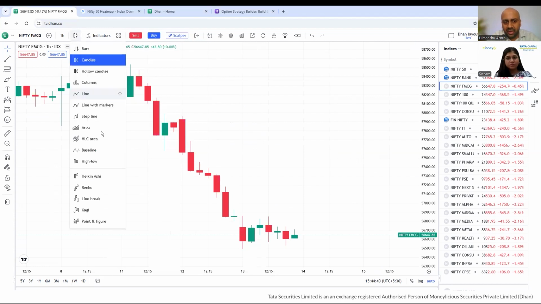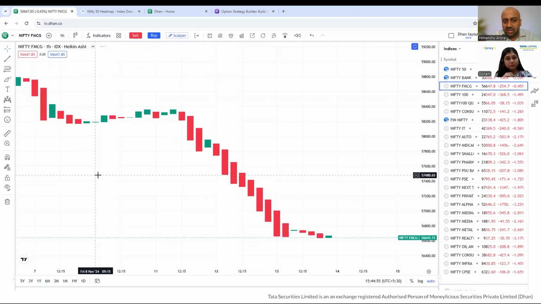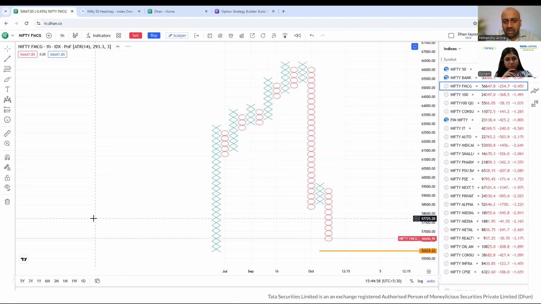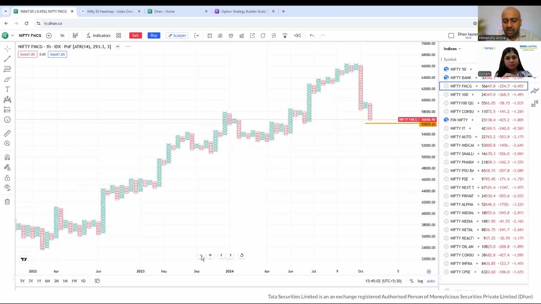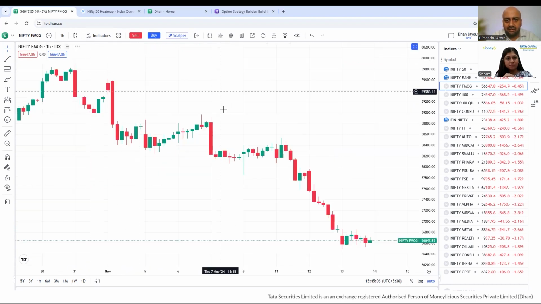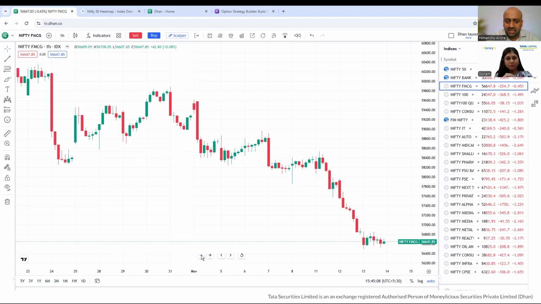Not just this, you can have your own type of chart. For example, one of the most common types of chart followed in the world is the bar chart or a candle chart. But then some of the Japanese people also follow some great types of charts. For example, Heikin-Ashi charts. For example, point and figure charts. Of course, some of them are very overwhelming for me also, even after being in the market for almost 2 decades. But I'm sure our viewers are smart enough to understand that there is something called charts,